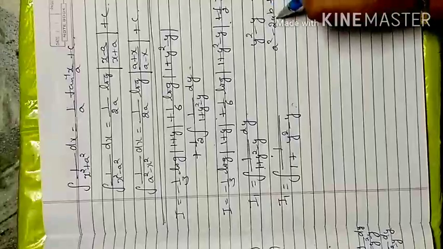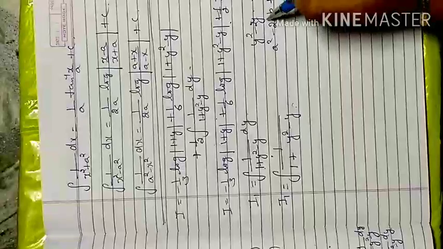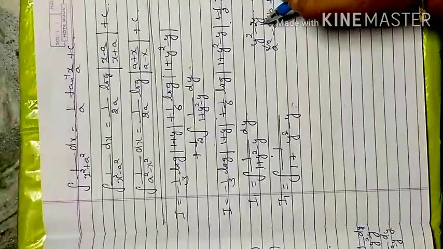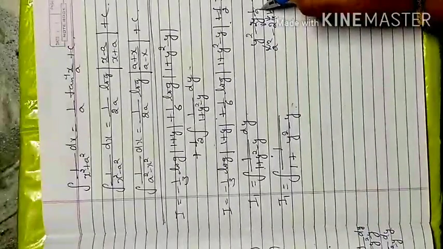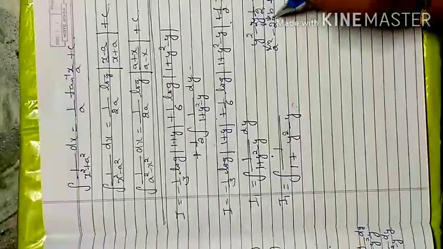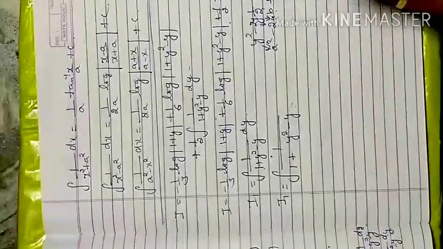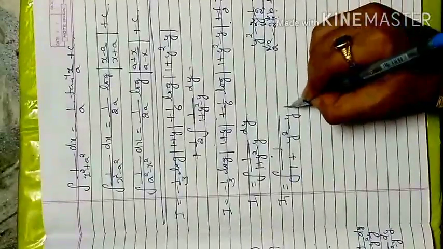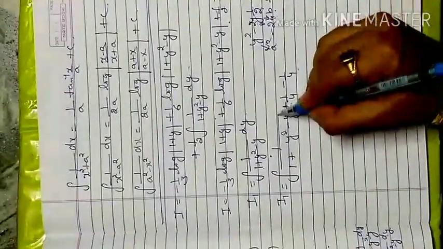If you convert this into this form, you need a 2 here. In place of a, this is y. In place of a I keep 2, but in the actual equation there is no 2. So to remove this, in place of b I can consider 1 by 2 to balance the equation. From this I can identify my b value, that is 1 by 2, so that is 1 by 2 whole square. That means I have to add 1 by 4 here and also subtract 1 by 4 here to balance the equation.